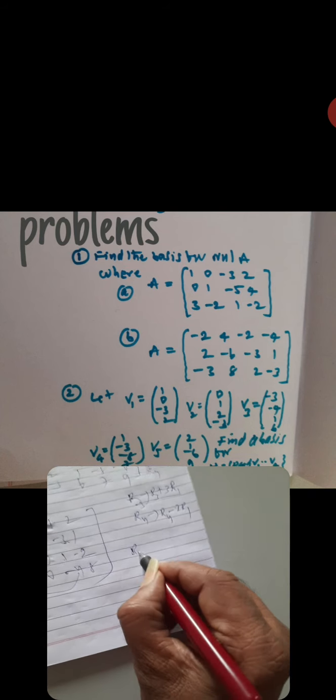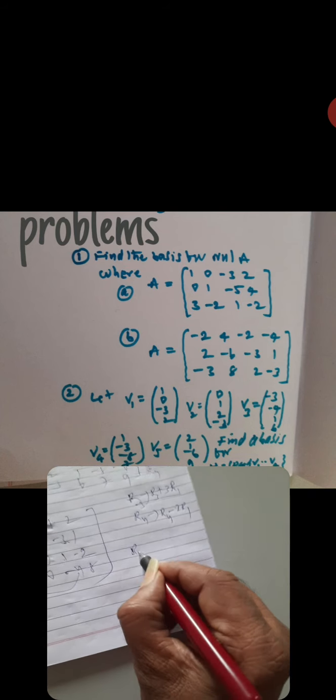In case of this, what do you write? See, here the echelon form is what about C? It is V1, U1. It is B like that according to our definition. B is U1, U2, U3, not U4. These three are linearly independent. What is that? Our basis of B is equal to U1, U2, U3, U4.